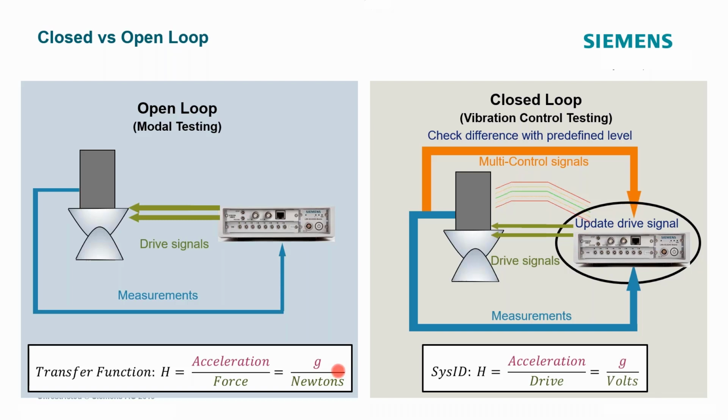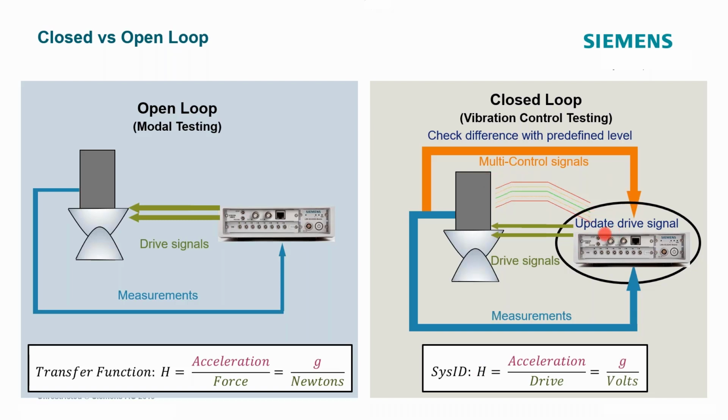Eventually we'll expand this into MIMO testing, using multiple drive signals, multiple shakers and multiple measurements, and measuring a matrix of transfer functions that we use for modal curve fitting. So that's open loop. For closed loop, just like in the single axis control system, you want to send out multiple drive signals, controlling multiple control channels to some prescribed levels. The DAC sends these drives to the shaker and amplifier, exciting the structure. You have multiple control channels, but you can also have multiple measurement channels, and hence you derive the transfer functions from that.